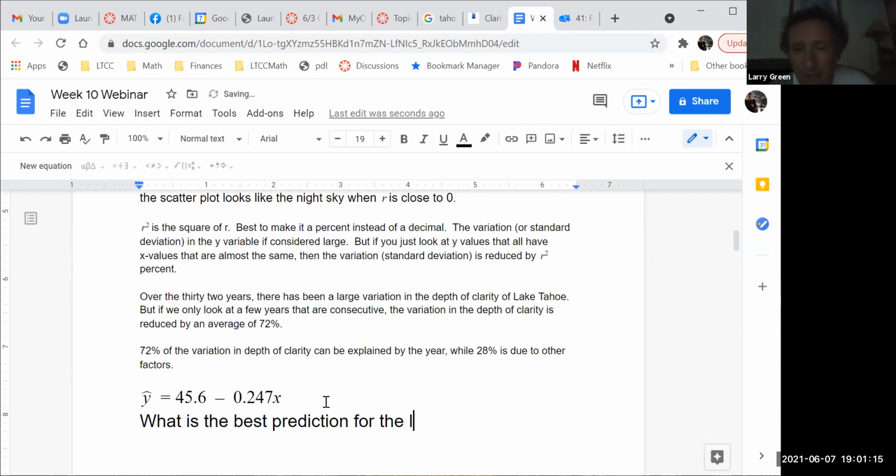For the Lake Clarity this year. And let me remind you, that was 2021. So in that case, it would be 121 in terms of the x-axis, because remember the x-axis was years since 1900. Any questions on the question? The hint is, this is very easy. How do you think we might make our best prediction for Lake Clarity this year based on our regression analysis? Hint is it's easy. Everything is there for us.